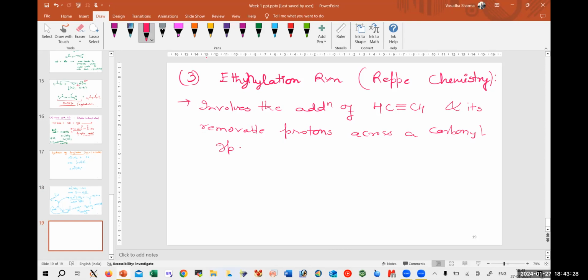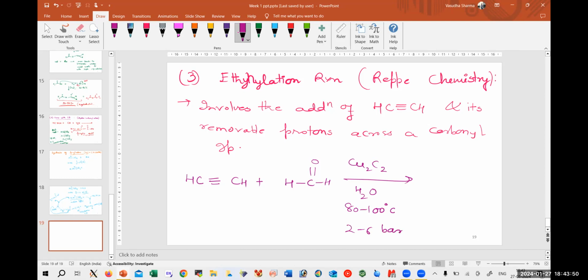What we mean to say is that if we have HC≡CH and this is a carbonyl group. Firstly, in presence of copper carbide, water under 80 to 100 degrees Celsius temperature and 2 to 6 bars of pressure, we will be having one side CH2OH. As it said, removable protons across it is reducing the aldehyde into alcohol. Similar group, if we introduce, then we will get